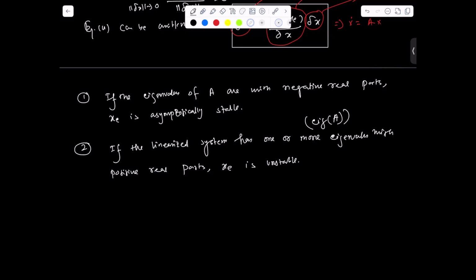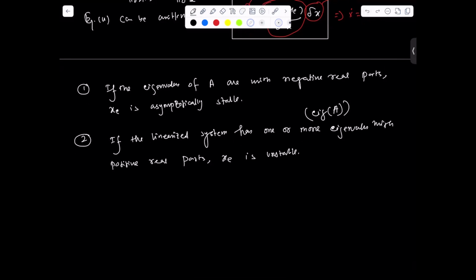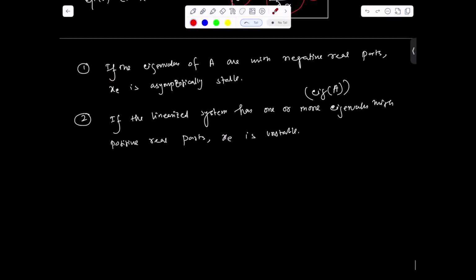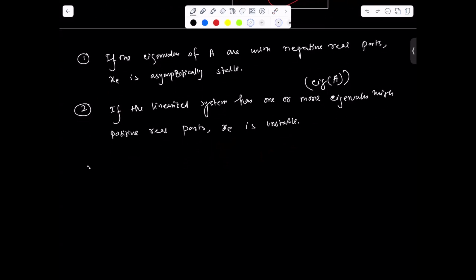Based on the roots, or eigenvalues, of the A matrix, we can comment on how the system will behave at the equilibrium point. If all the eigenvalues have negative real parts, then we can say the equilibrium point is stable. And if it has one or more eigenvalues with positive real part, then we can say the equilibrium point is unstable. And there is a third point, which is